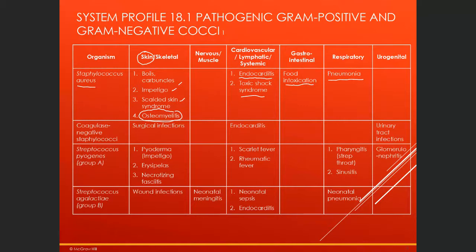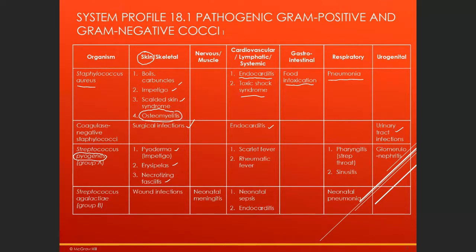There is another Staphylococcus that can also cause disease or infection in the surgical area, endocarditis, and urinary infection. For the Streptococcus, there are several types, and the most pathogenic one is Streptococcus pyogenes. It can also cause skin infection, pyoderma, erysipelas, and necrotizing fasciitis, which is the necrosis of the muscle cells